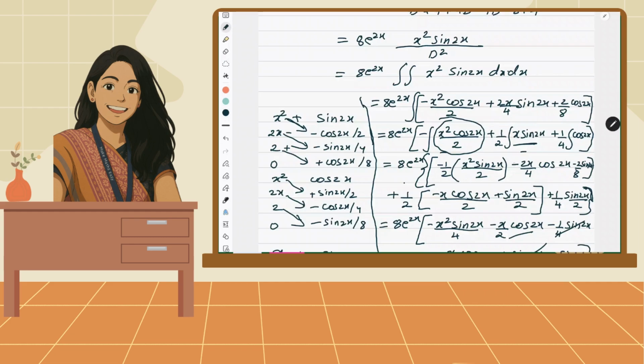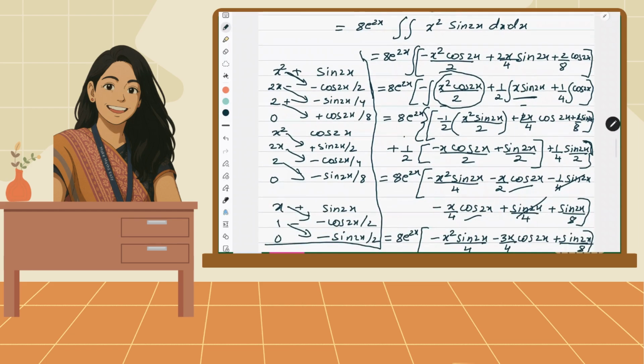So here it will come plus, and 1 by 2 will come here, which will cancel this 2. Okay, and here also it will come plus, and 1 by 2 will come, which will cancel this 2. Only this minus 1 by 2 I have misplaced. Correct. Now here I have taken care of that 1 by 2. I have kept it outside. So while opening I have multiplied it properly. Okay. But in the first three terms I messed up.